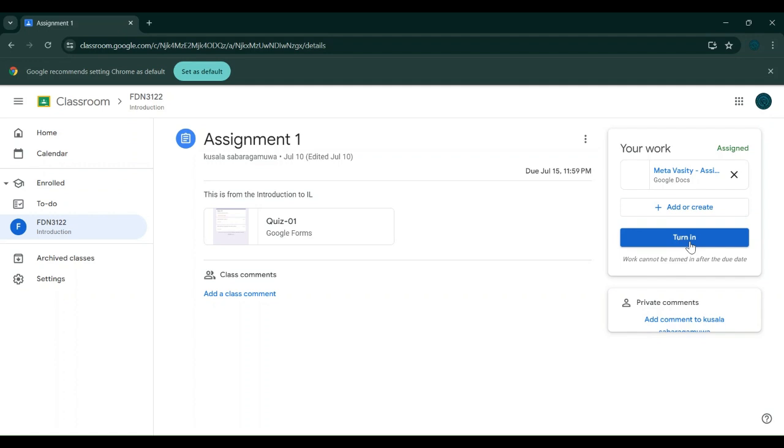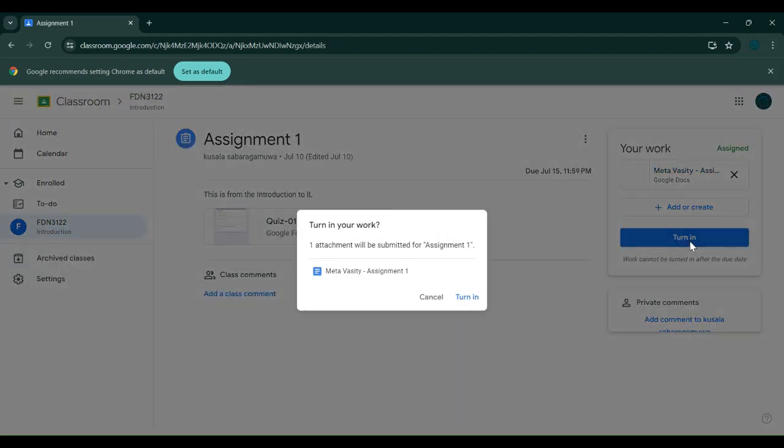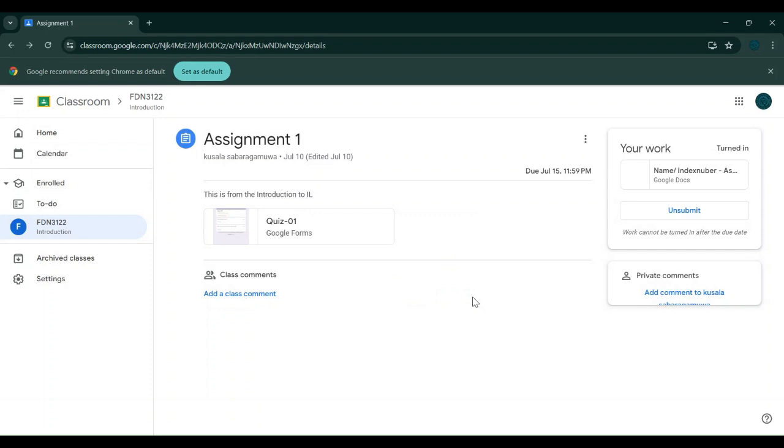Don't forget to click on this button. Unless you turn it in, I cannot see it, so turn it in. And your assignment, your answer script, is submitted to me, to my Google Cloud. Then I will review it, and all the reviews and comments will be available. So if I make a private comment, it will be available here for your individual account. If I make a group notice or a group announcement regarding the assignment, it will also be available here in the announcements. And if you need to add any comment, you can